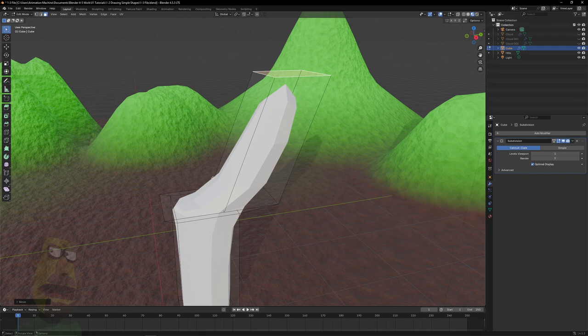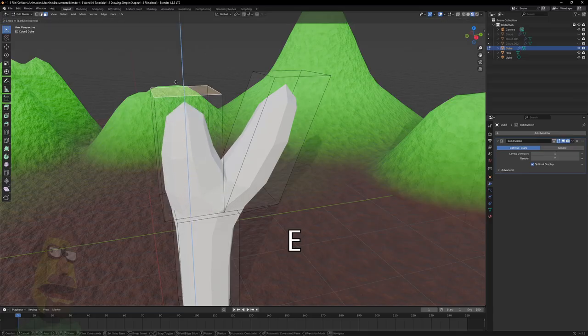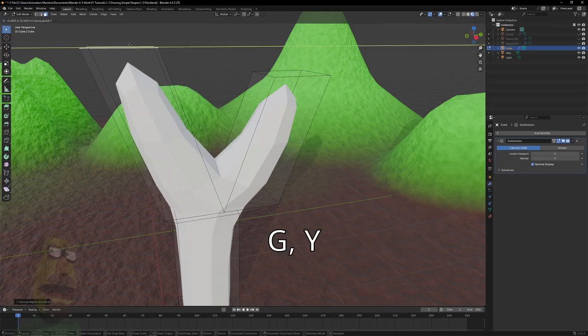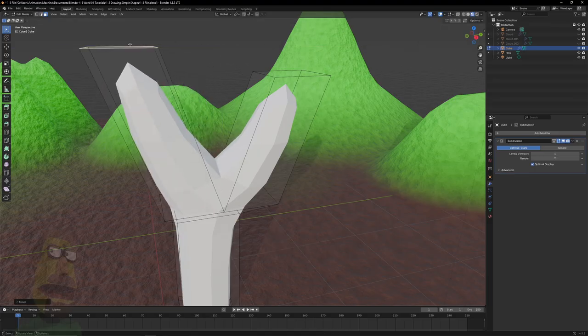Now you can see in the subdivision modifier that this is covering up part of the actual mesh. But here let's select the other half of this top, E to extrude, bring it up, click to finalize it, then grab and Y, and we want it to be a slightly different angle than the first one that we made. Now again, these are finishing up really pointy, so let's hit Control R, add a loop cut